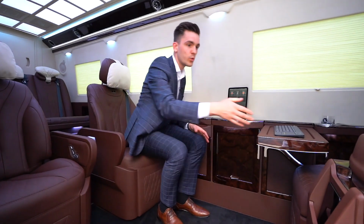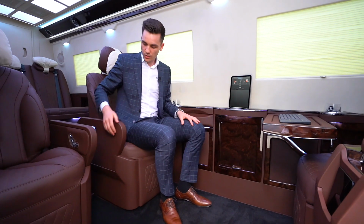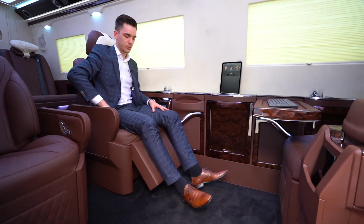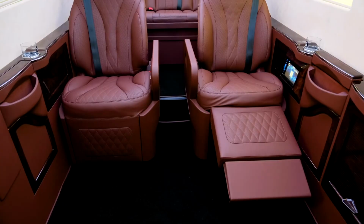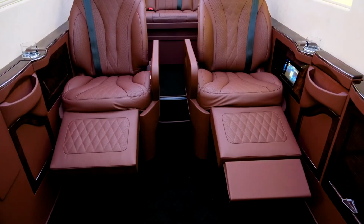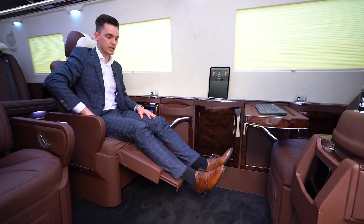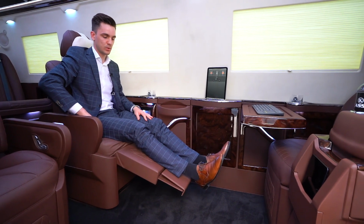Here in the interior we have the S-Class seats, fully reclinable, so we can recline the footrest. All 4 seats have a footrest, and we can recline to the back to have a possibility to sleep also